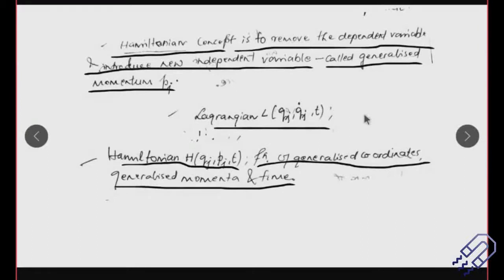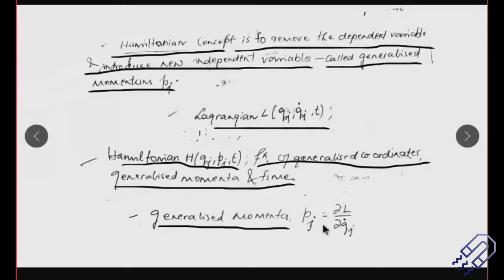And then the generalized momenta is there. Let's say if you consider something like velocity, we write it down as del qj del t, right? But now this generalized momenta which we are considering is dependent on the Lagrangian, and it is given by del L del Qj dot. Please try to understand this. We are going to solve some problems based on this also. But the generalized momenta is given by del L del Qj dot.